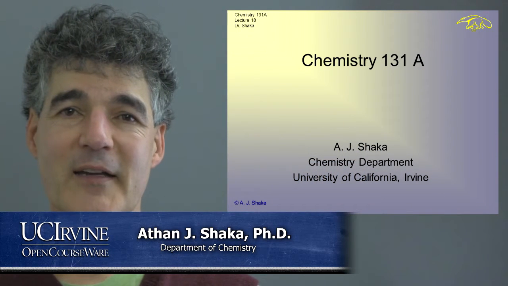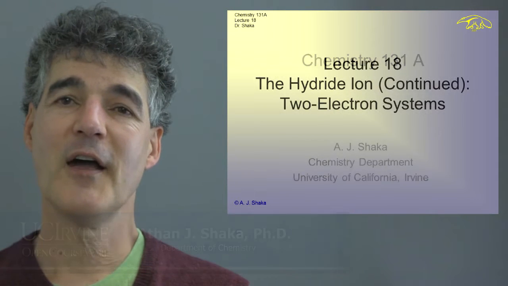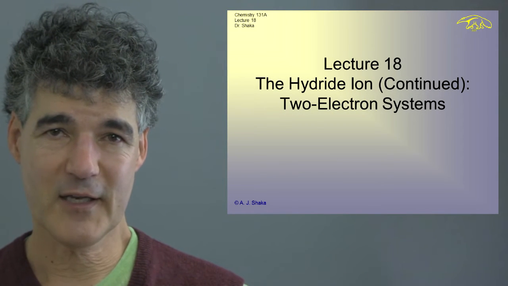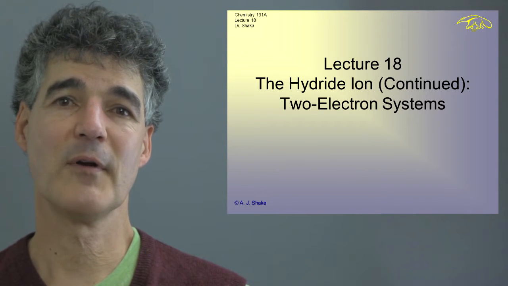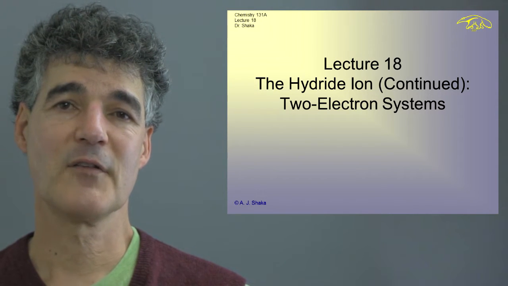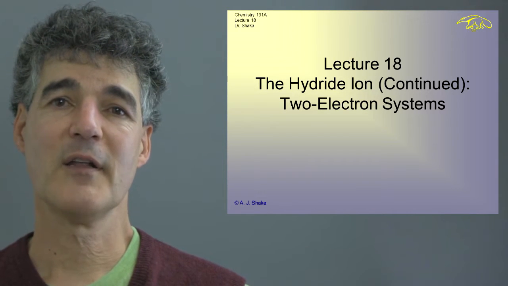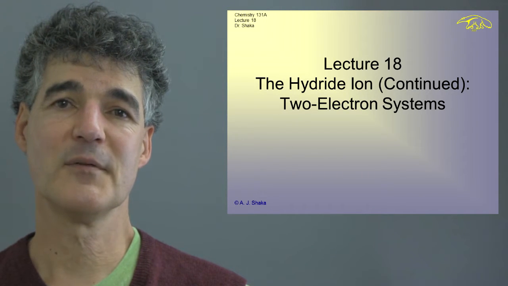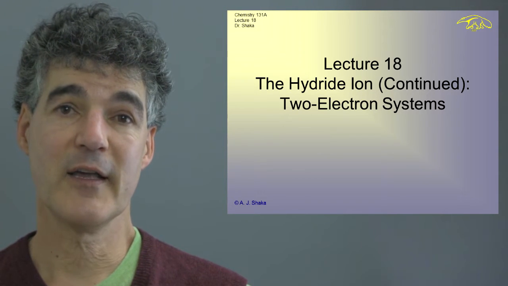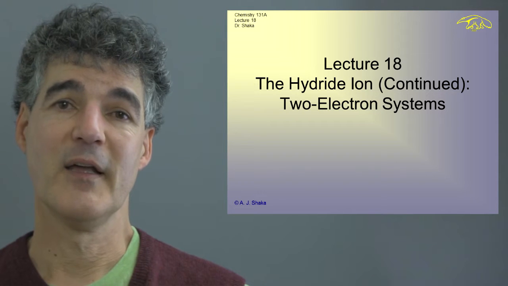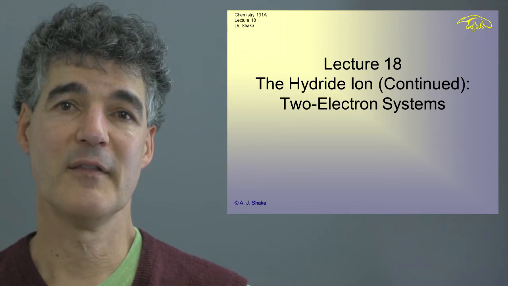Hi, welcome back. Today what we're going to discuss is the hydride ion. We're going to continue our calculation on that. Recall we had just gotten to the point where we were looking at the electron repulsion term as a perturbation, and we're going to look at some other two electron systems, and we're going to be forced to work pretty hard today in order to try to reproduce any kind of properties that are known about these systems.